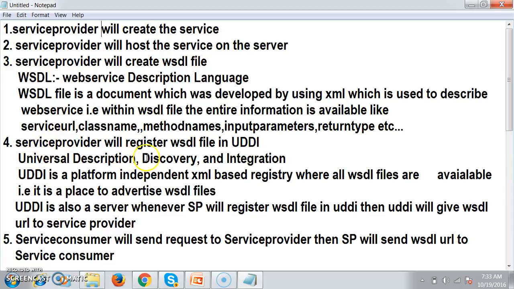And then the service provider will register the WSDL file in UDDI. UDDI's full form is Universal Description, Discovery and Integration. UDDI is a platform independent XML based registry where all the WSDL files are available. UDDI is also developed based on W3 standards. So here UDDI is used to advertise the WSDL file. UDDI is a server. Whenever the service provider registers the WSDL file in UDDI, UDDI will give the WSDL URL